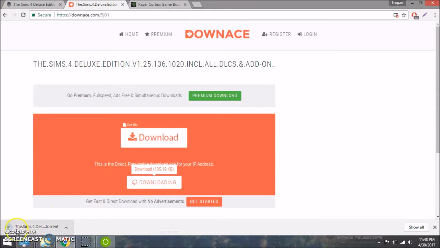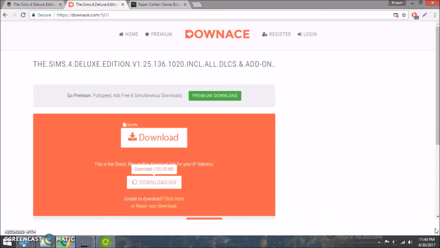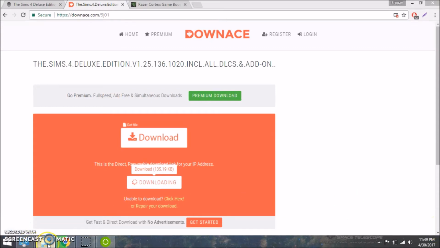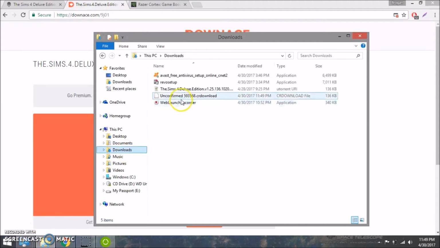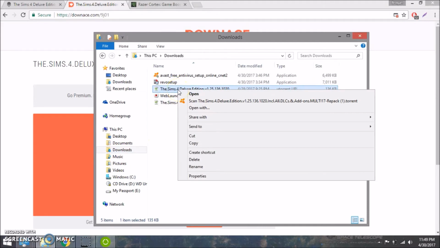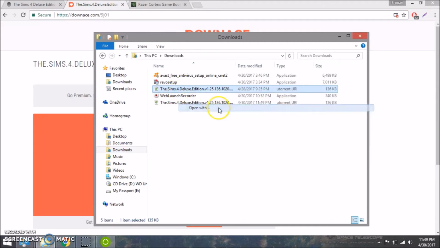And then you'll see where it pops up down here where it says the torrent is downloading. I'm going to exit out because I actually already have this. So once it's downloaded, it'll be in your downloads folder. You'll want to right click it, or it might automatically open a new torrent if you have it set up correctly. But if it doesn't, then you'll click open with